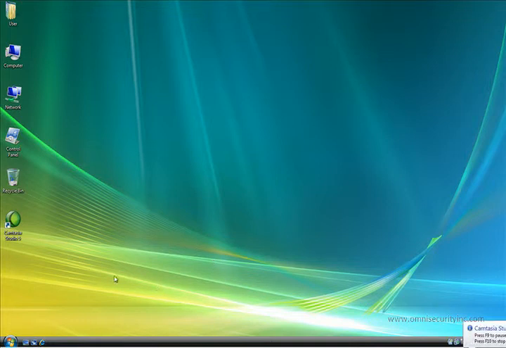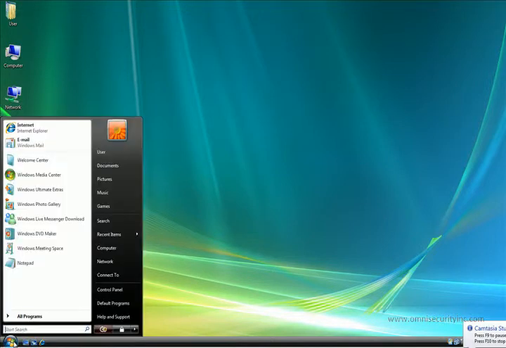In this tutorial, we will show you how to configure Internet Explorer and Windows Vista for use with Geovision's webcam software. One of the first things you'll want to do is turn off user account control. We will do that by going to the control panel, click Start, click Control Panel,